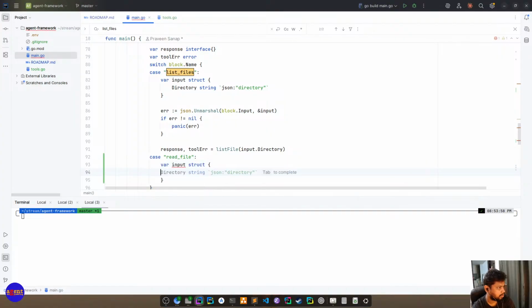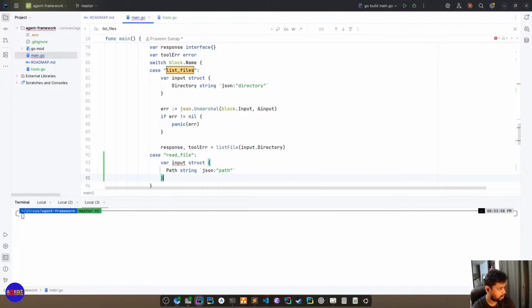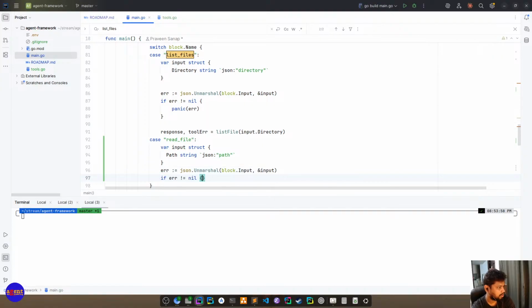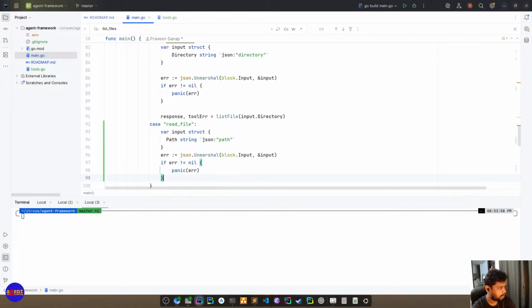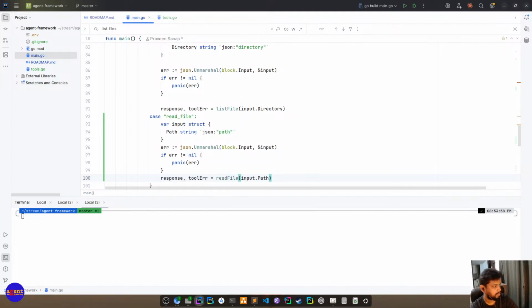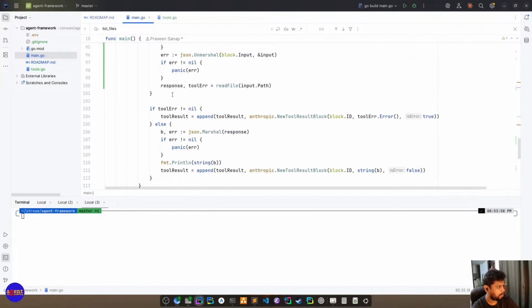More input struct. Okay, we don't need to. So this is the common thing we have to do, so we can abstract it out into some panic, response to read file. Okay, looks good.